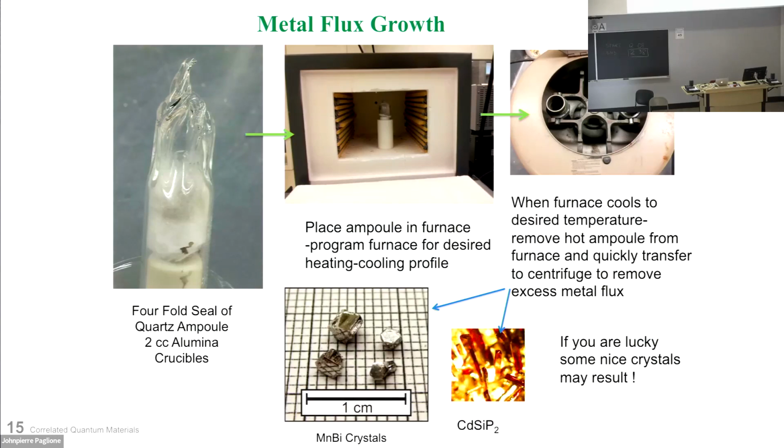It allows you to seal this off under vacuum. So you know the temperature you need to go to, you know how you want to cool it. So you take this, put it in a large aluminum oxide crucible. This is just a heated furnace, goes up to about